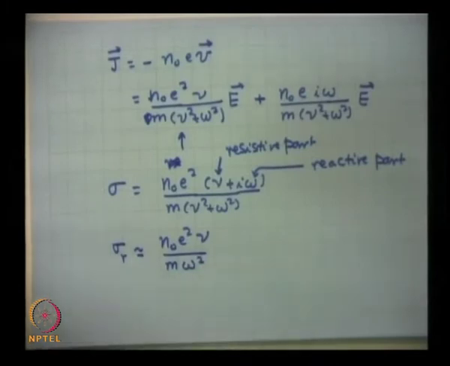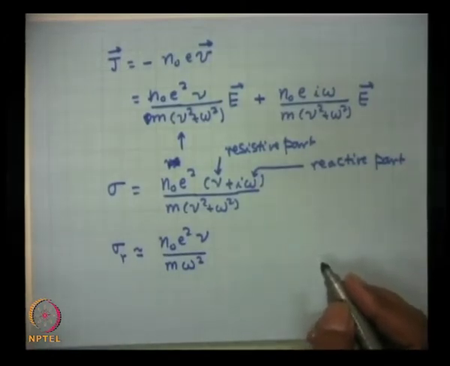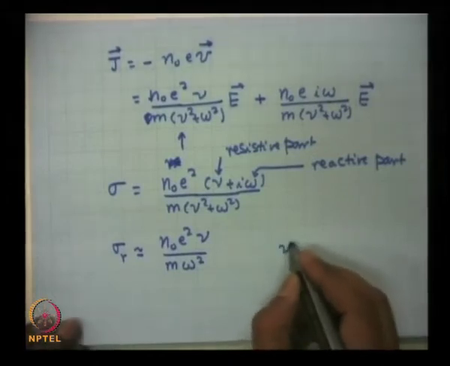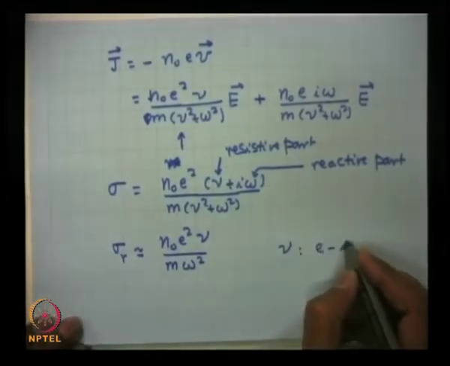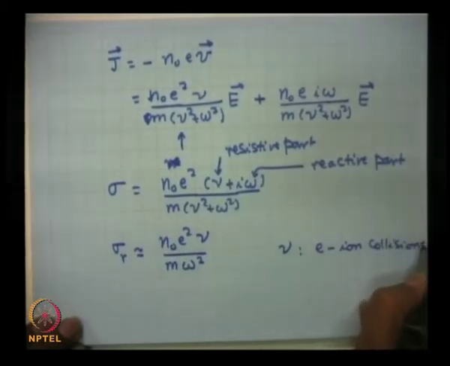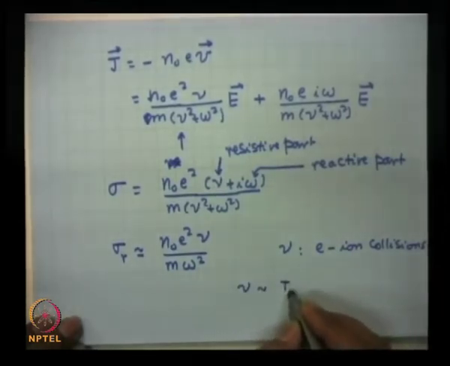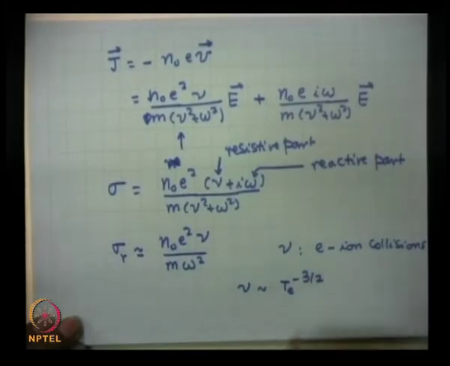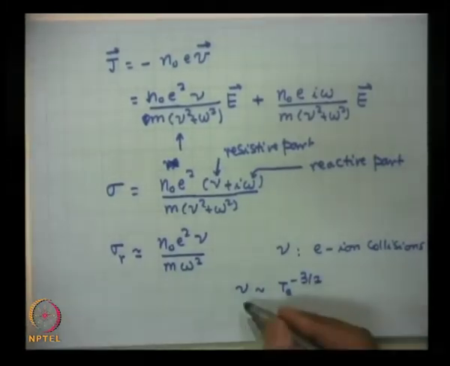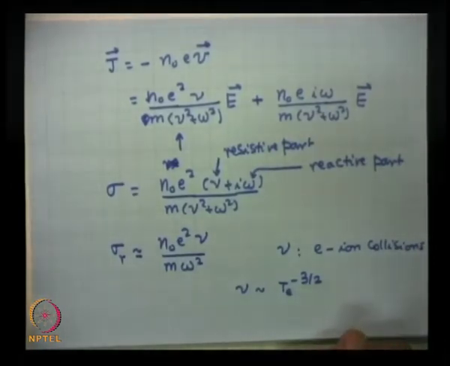Now, in a collisional plasma, electrons suffer collisions with ions or neutral atoms, and if the plasma is strongly ionized, then there are no neutral atoms. So, nu is primarily due to electron-ion collisions. And as you are familiar, this collision frequency scales as the minus 3/2 power of electron temperature. So, in a hot plasma this is a small quantity. So, waves are weakly damped via collisions in a hot plasma.